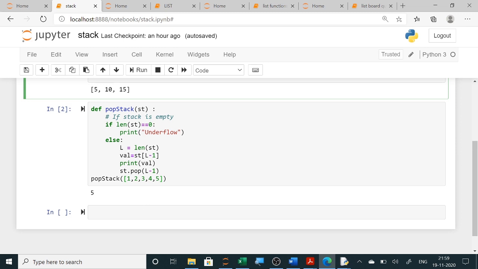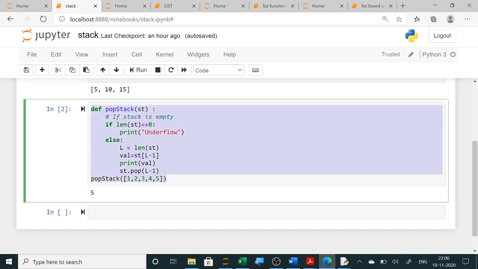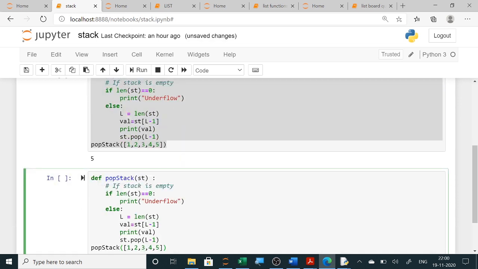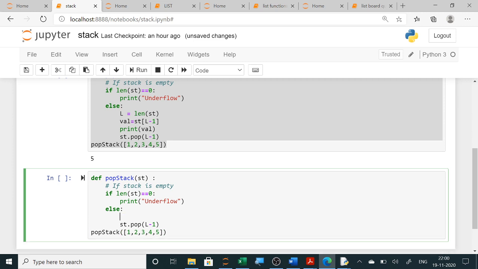Now pop is also asked here. In pop it is very easy. Simply pop you can write here. Even if you don't write this many lines, simply pop you can write. I will show you once. Because pop will remove the last element, instead of writing this, you can simply write stack.pop